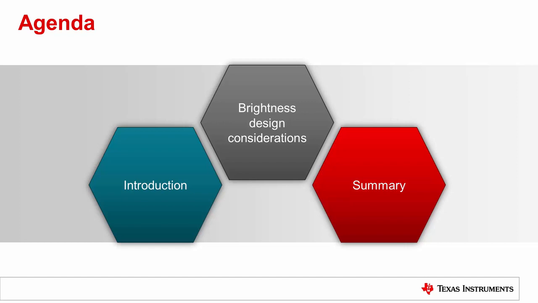First, we'll go through an introduction of why brightness is an important design consideration in DLP display and projection systems, and review some basic definitions to better understand the terminology in this training. After that, we'll go into the design considerations section and review the main factors affecting brightness, such as screen size and ambient light. We'll also go over some trade-offs that need to be accounted for when designing systems using TI DLP technology. In the summary section, we'll tie the information together and introduce additional resources to learn more about DLP display technology and jumpstart your design. Now let's get started with our first section.